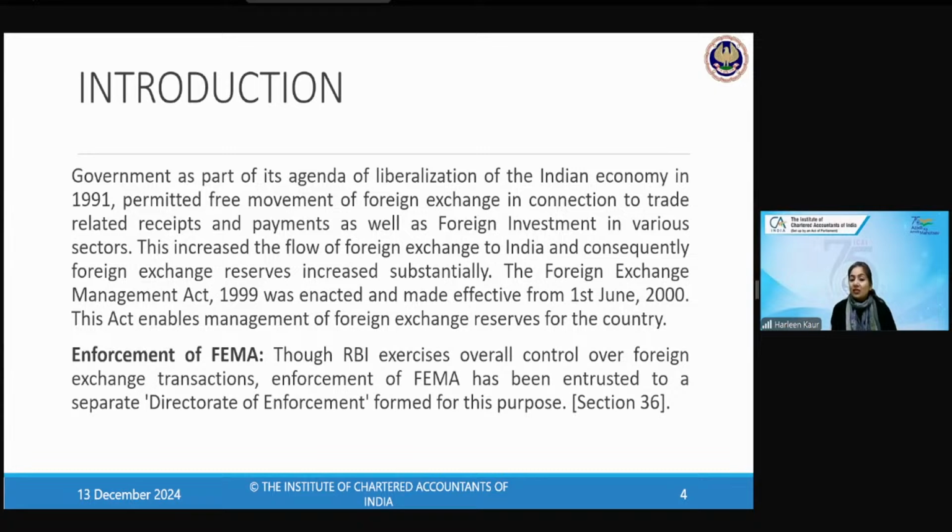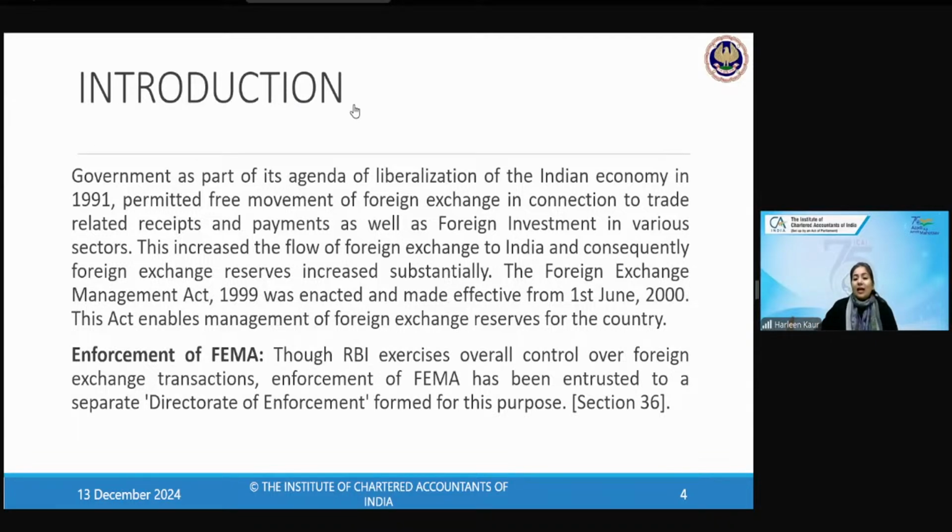Now, because of globalization, so many offices have been opened up. Indian offices are getting opened up abroad. People abroad are opening foreign companies in India. Remember, in the previous lectures, we discussed companies incorporated outside India. If they have a place of business in India, it becomes a foreign company. That is why it is important to regulate foreign exchange. Then only can we allow foreign investments to flow into India.